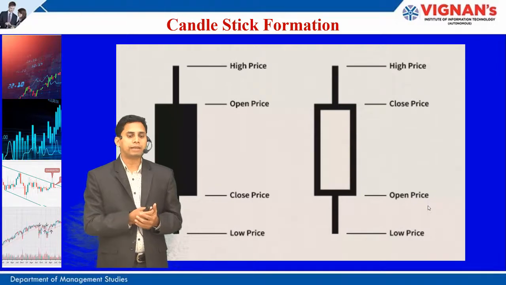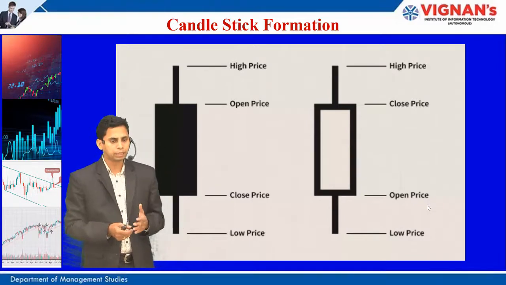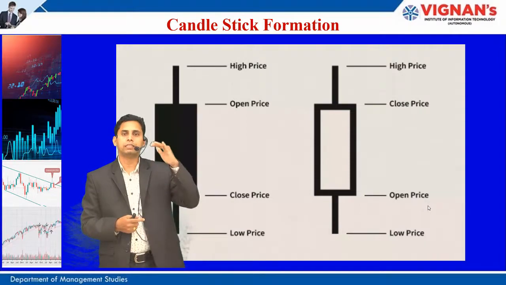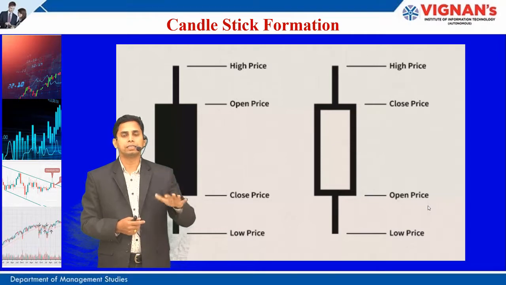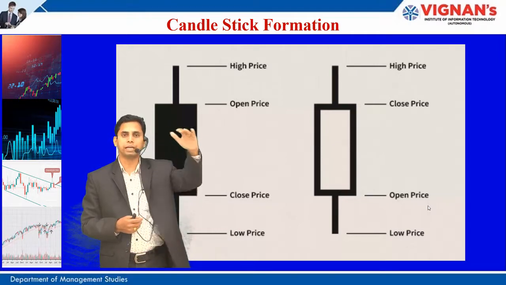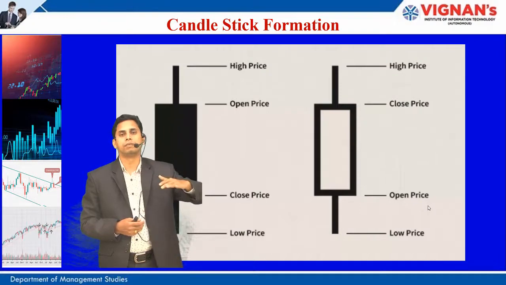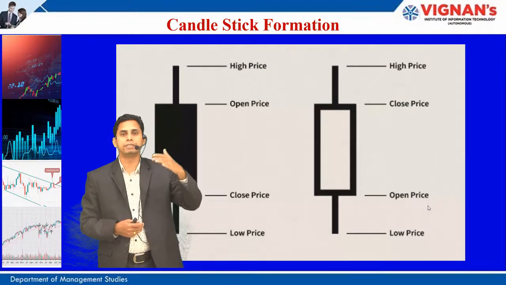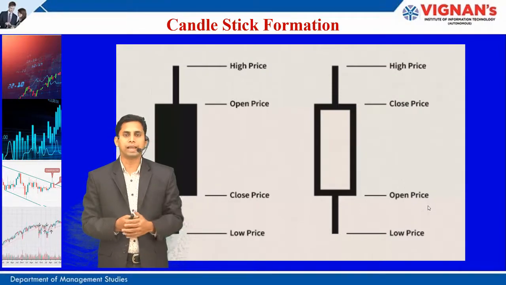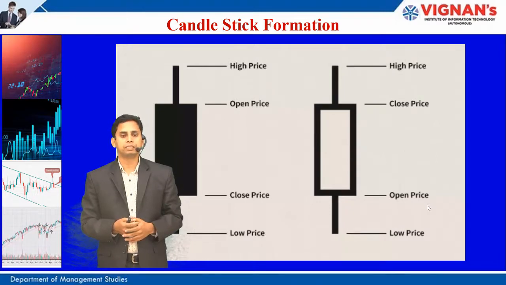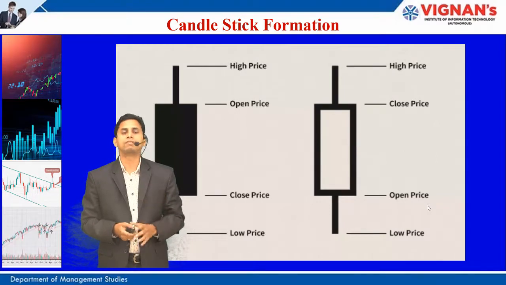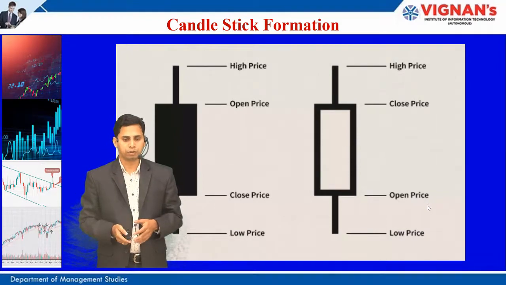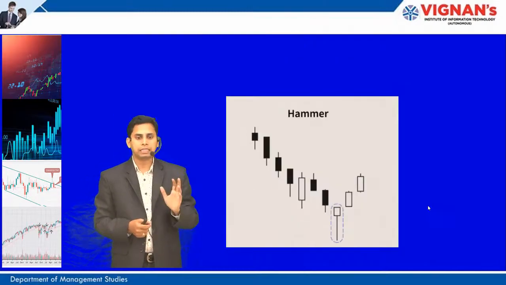And then on the left hand side, typically low and high are the same, whereas the open price is at the top and the close price is at the bottom. So the price has opened at a very high level and then closed at a lower level. High to low means the price has dropped. The price drop is indicated with a colorless or black color, or sometimes even with a red color. This is the way the candlestick is formed. Now let us see the candlestick chart patterns.